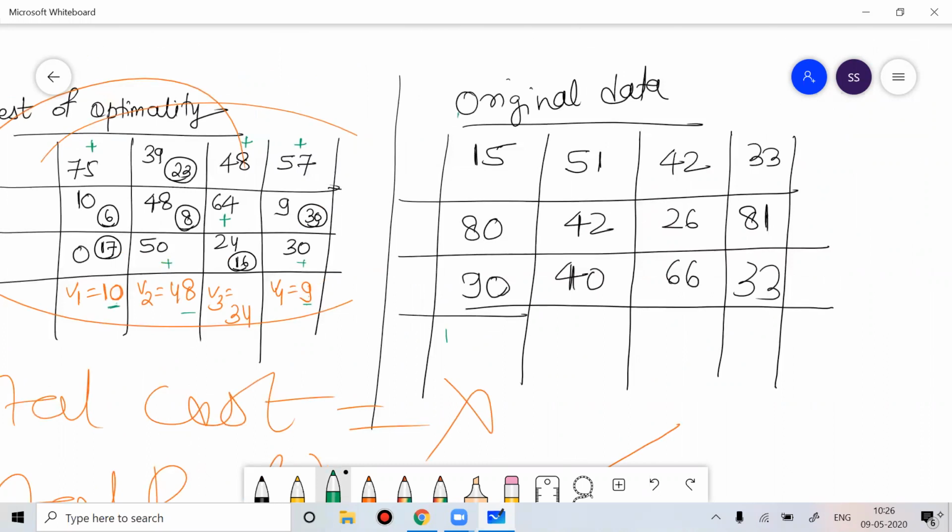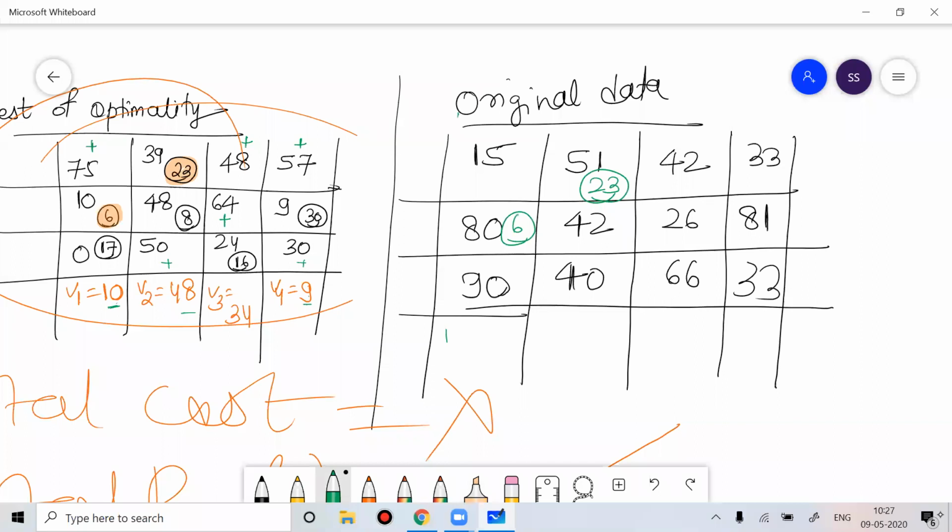Now, why did we convert this data into minimization? Because that is the way. In order to solve the problem, you have to convert the maximum matrix into a minimum matrix. That was the way we had to do it in order to get the answer. Once you get the answer, now put the original allocation on the original values. So if you see the second cell, the allocation is 23. So put 23 here. Now if you see the first element here, the allocation is 6. So put 6 here.